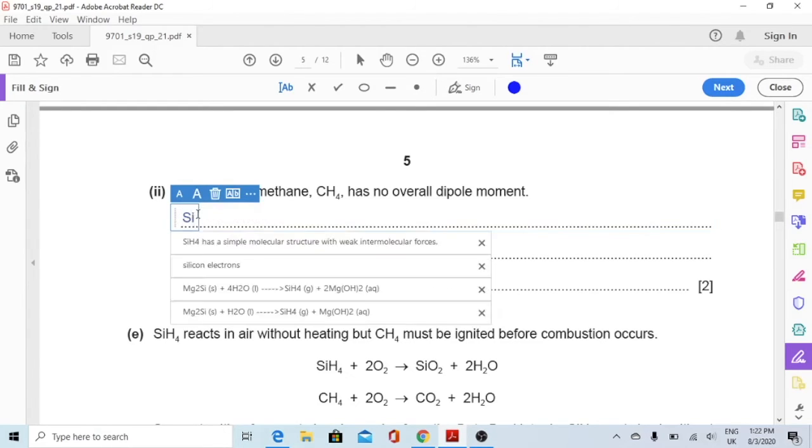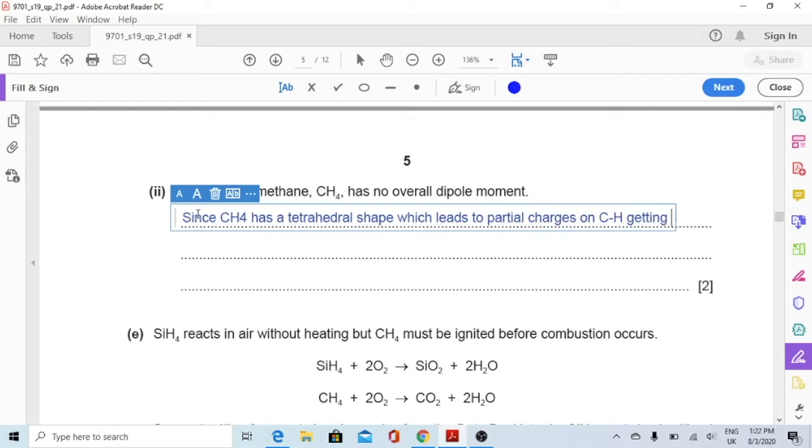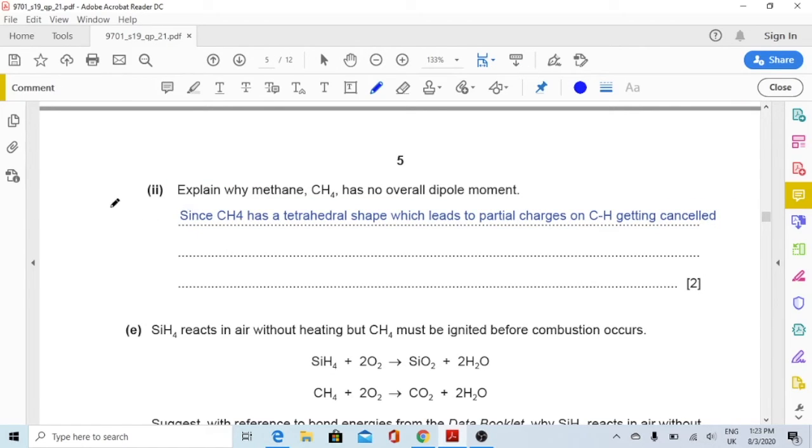So I'll write, since CH4 has a tetrahedral shape, which leads to partial charges on C–H getting cancelled. I'll draw the structure of methane over here and then I'll show you how the charges are